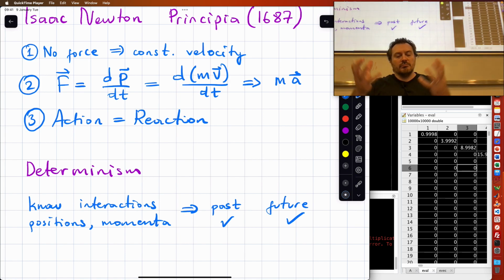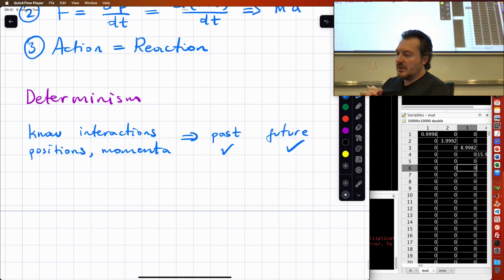You take a gas, let's say, or a human being composed of trillion, billion atoms, I don't know. You know all the positions and momenta. You know what he or she is going to do. That's determinism. What's going to happen? So, we are going to have problems with determinism, okay, in quantum mechanics.